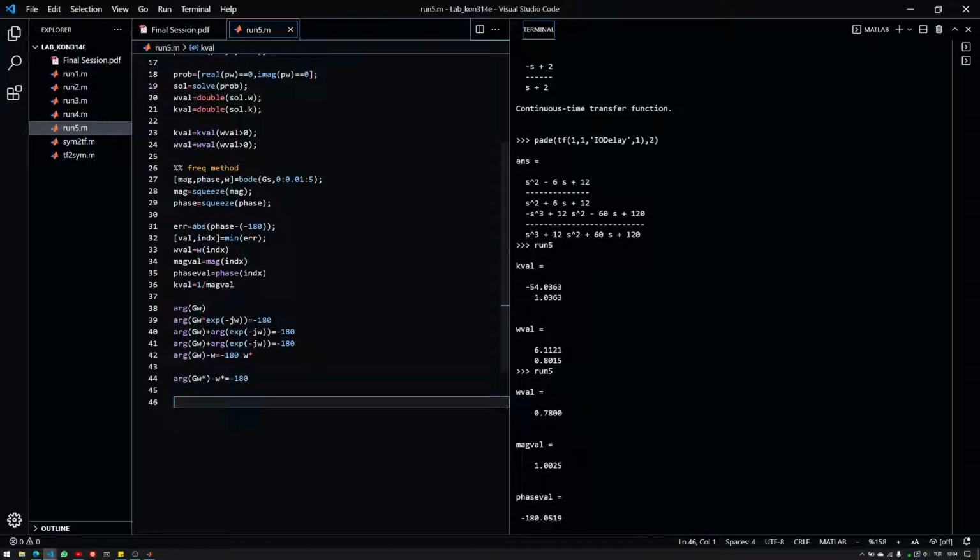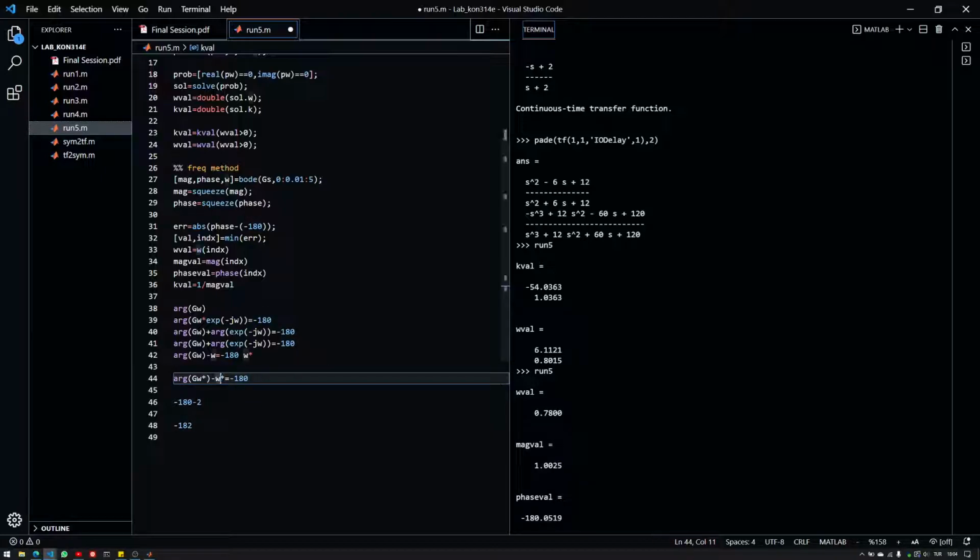Now, I have only this plot here, arg G(jω), and if I take this equal to 180 degrees, let's say this happens at, let's say, ω equals 2, then I am at minus